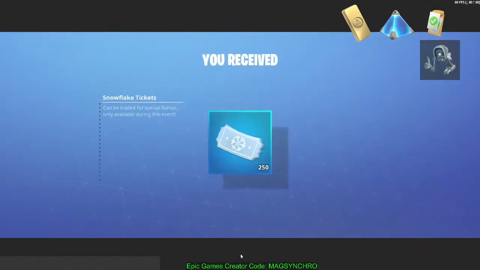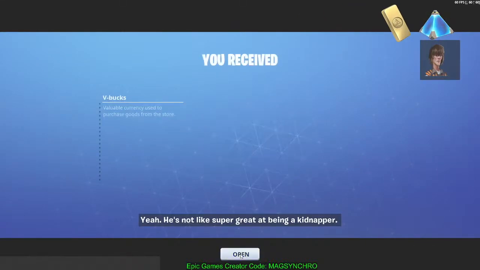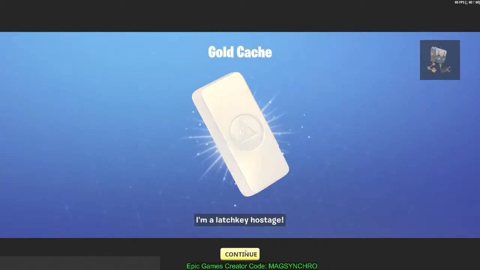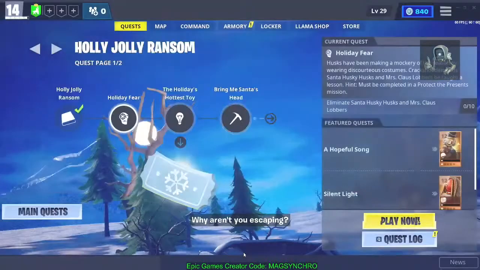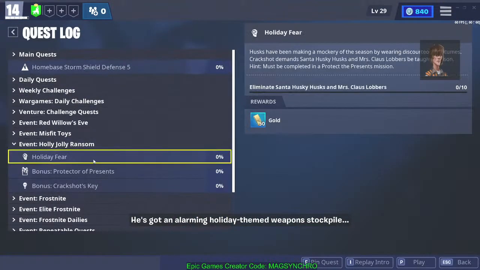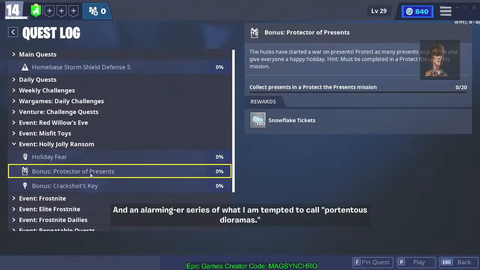Dennis, you guys okay? Yeah, he's not like super great at being a kidnapper. He gave us keys. I'm a latchkey hostage. Why aren't you escaping? He's got an alarming holiday-themed weapons stockpile and an alarminger series of what I